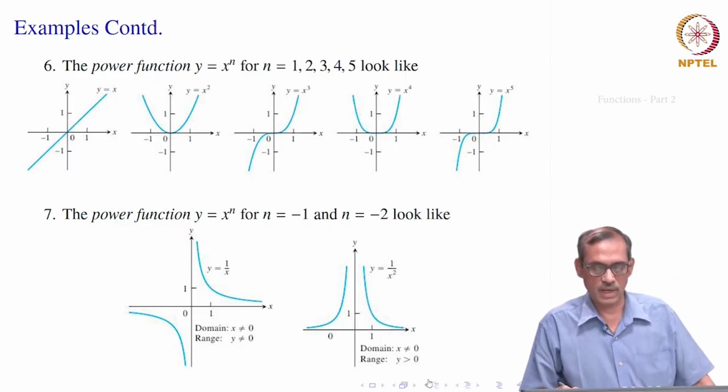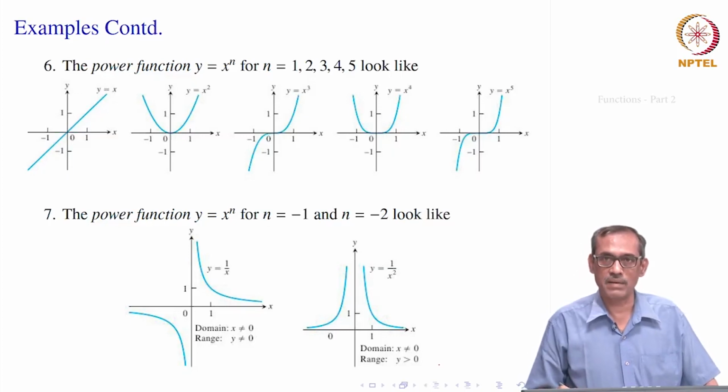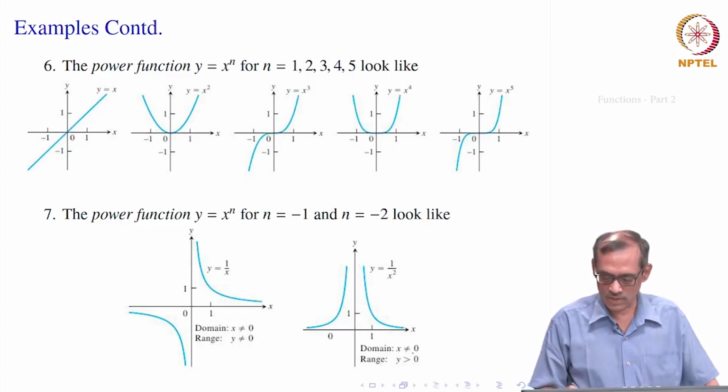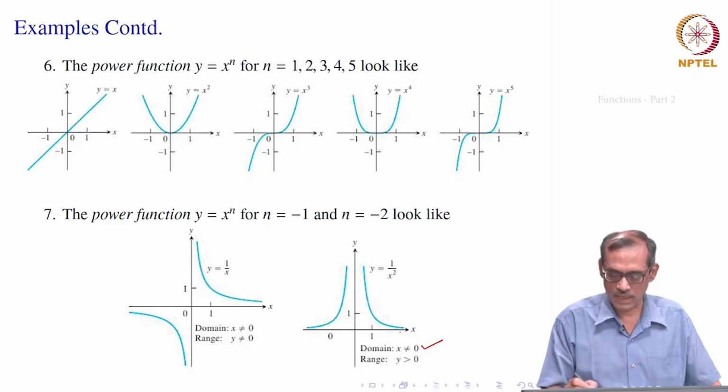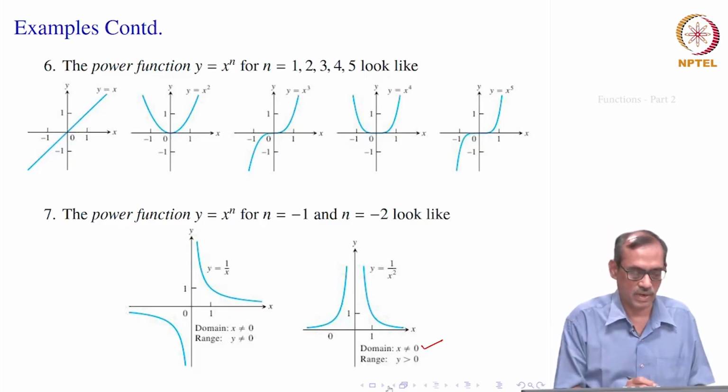Then, if you take n equal to minus 2, you would get y equal to 1 divided by x square. Again at 0, it is not defined. So, the domain excludes this 0, and the range now cannot be negative, because 1 by x squared is always greater than 0, since x is never 0 here. 1 by x squared can also never be 0. So, the range is really all positive real numbers, and the graph would look something like this. At negative and at positive x, they have the same value. So, it will look something this way, y equal to 1 by x square.